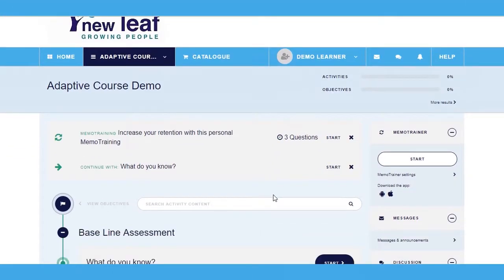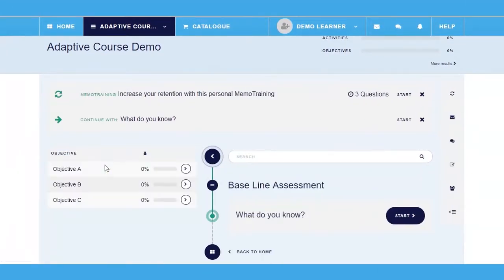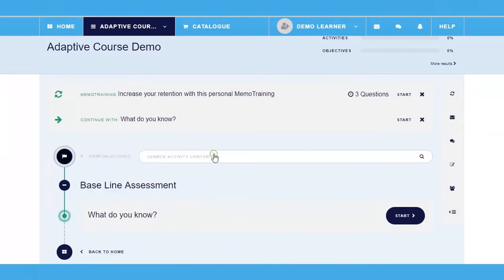Here is a short demo on adaptive learning. As you can see, there are 3 objectives to this course: Objective A, Objective B, and Objective C. The system will prompt the user to do one of 2 things: either start Memo Trainer or continue with What